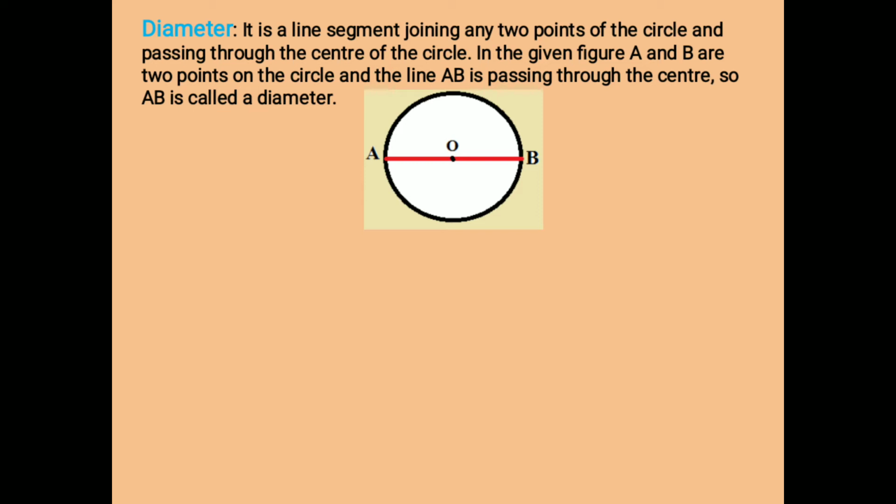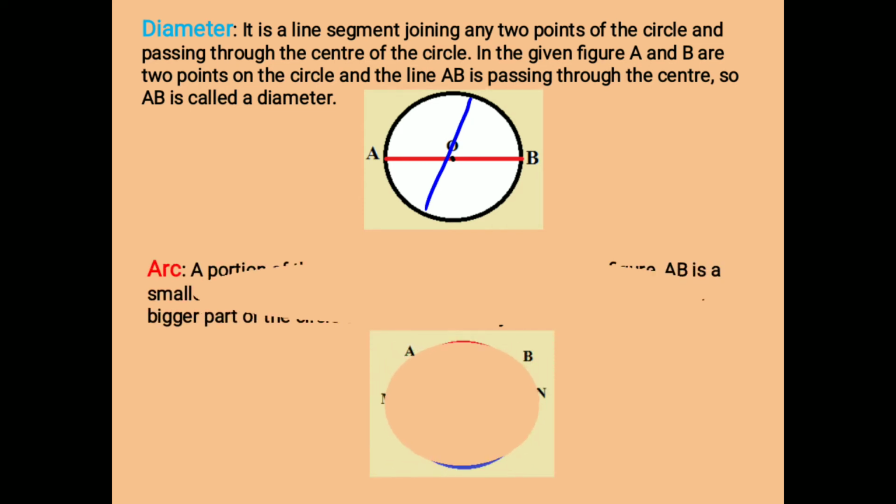Here center is O and the diameter is AB as it is passing through the center O. Like radius, you can even draw as many diameters as you like in the same circle. Let me draw one more diameter that passes through the center O here in this figure. And interestingly, diameter is double the length of a radius in a circle.